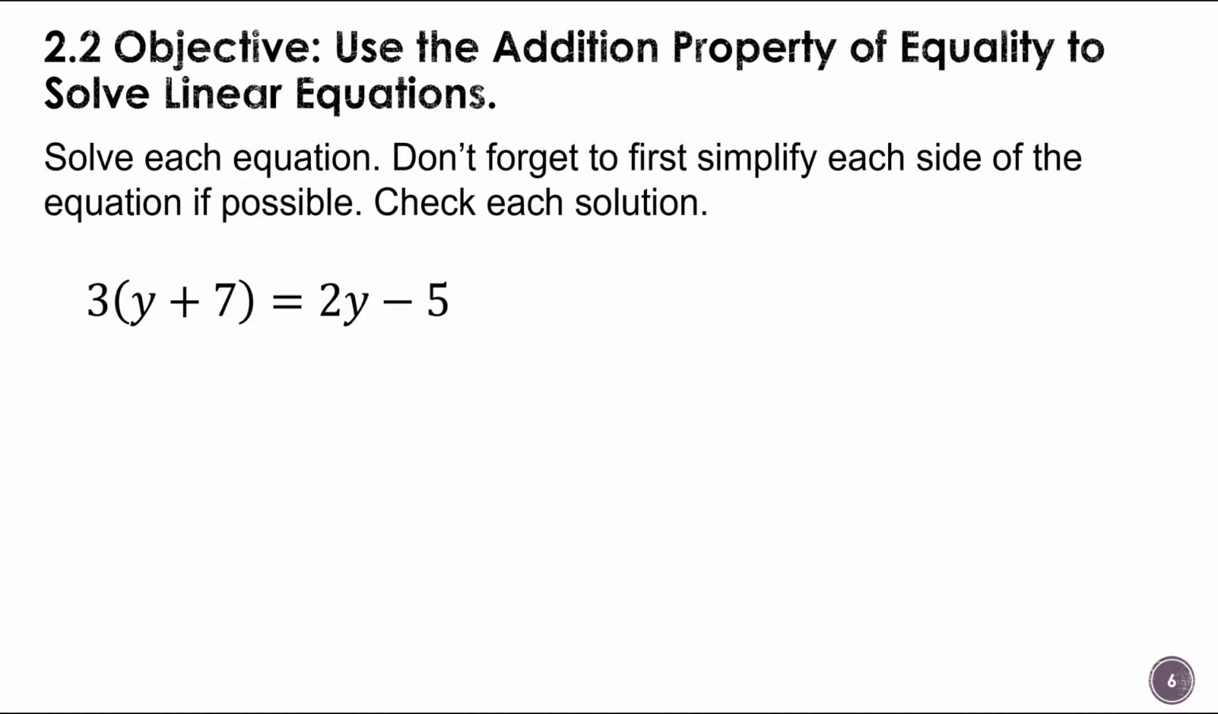All right, so here we go with more solving equations. On this first one, we have to use distributive property to get rid of these parentheses. So don't ever try to solve until you have that simplified. We're going to take 3 times y and 3 times 7, which leaves us with 3y plus 21 equals 2y